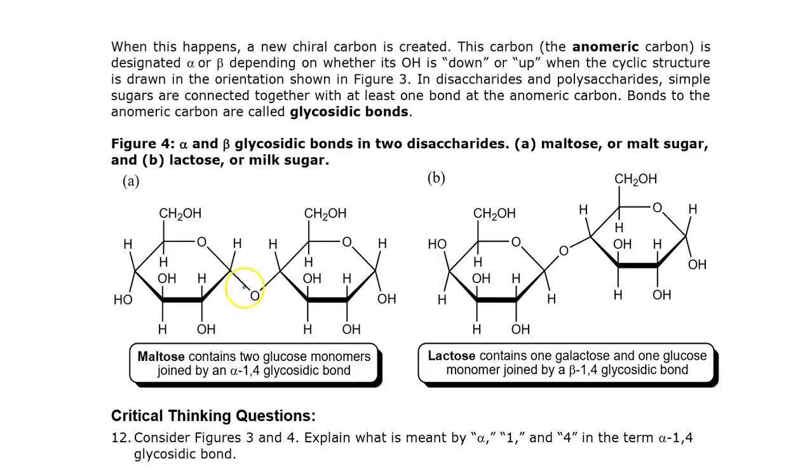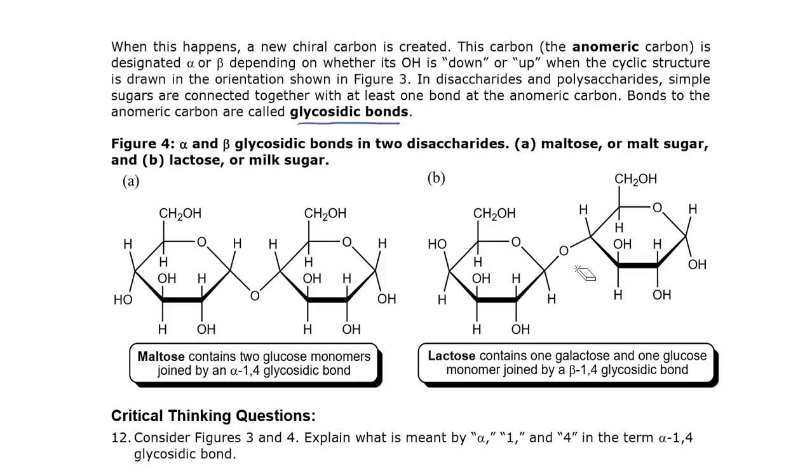When you connect one sugar to the next, you now have what's called a glycoside or a glycosidic bond. So when I've connected one sugar to the next, which one is the glycosidic bond? Is it this one or this one? So technically, you can't really tell the difference. So you can just say that the glycosidic bond is that connection between the two. The glycosidic bond over here is the connection between the two.